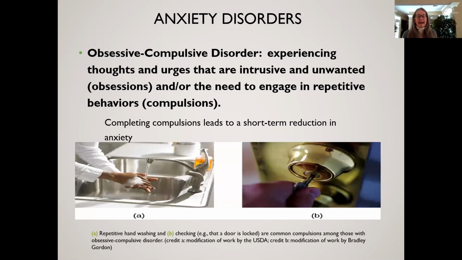Okay, and the last anxiety disorder that we're going to talk about is obsessive compulsive disorder. And obsessive compulsive disorder has 2 components to it, the obsession and the compulsion. The obsessions are intruding thoughts and urges that occur to the person constantly. And then the compulsion is the behavior that they do to get rid of those obsessive thoughts. So someone might have this thought that's very intrusive. It comes to mind several times a day, maybe even several times in an hour.